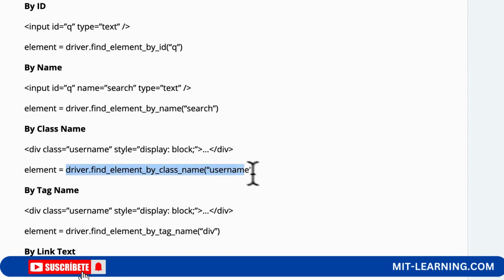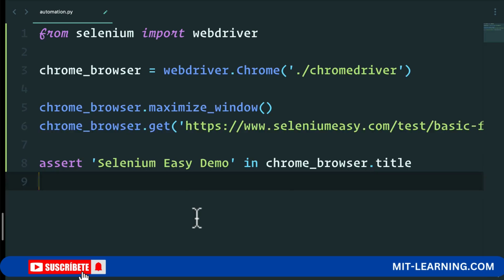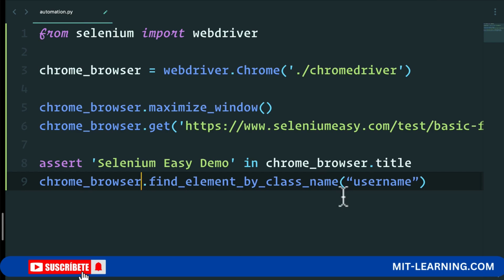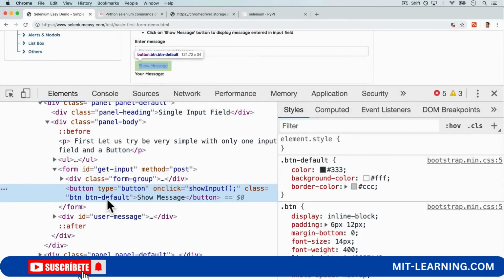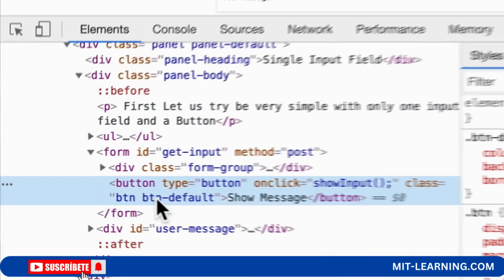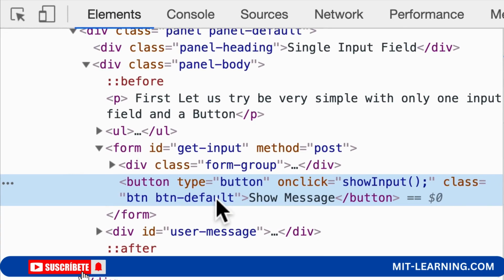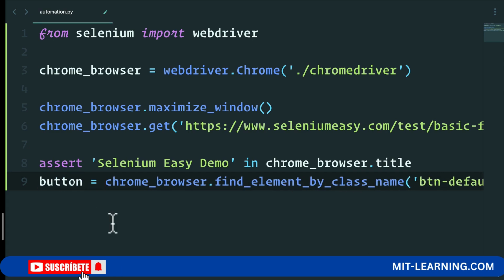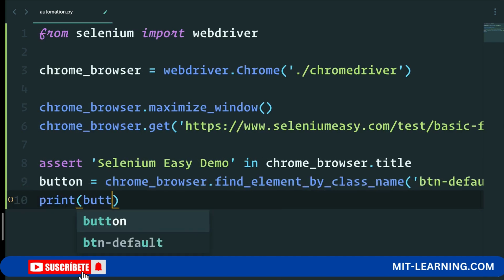So let's do that. I'm going to copy and paste this and simply say, hey, Chrome browser, I want you to find element by class name. And what was the class name that we used? Well, in our case, the class name is btn default. And this is going to be our button. So if I run this and simply print button like this, if I run my code,